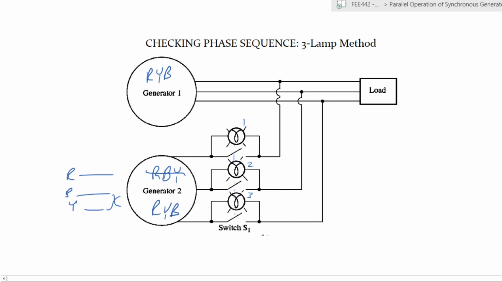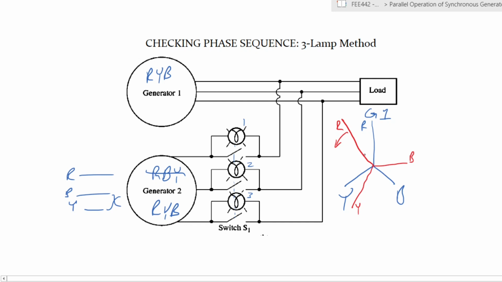If you have a correct sequence that matches, you will see that the 3 lamps will light up and dim together. Now the lighting up and dimming is not due to the peaks and troughs of the sequence itself. It is because if we take, for example, the phasors of the system, generator 1, which are red, yellow, and blue, your generator 2 would be in a similar way, because they are connected at 120 degrees to each other. So R, Y, and B. We've already assumed they're in the same phase sequence, so they match each other in terms of the phases. So if you were to superimpose the phasors of each of those, assuming 120 degrees all across,